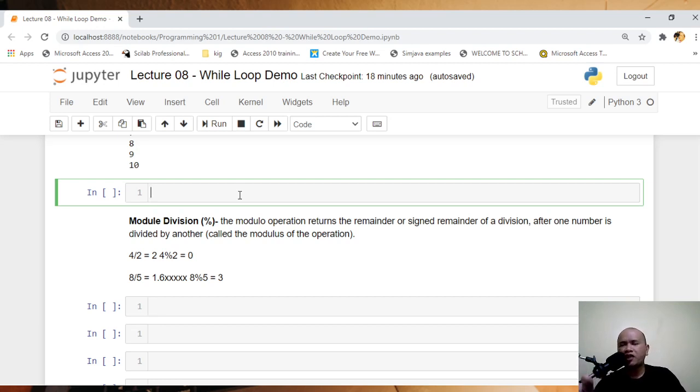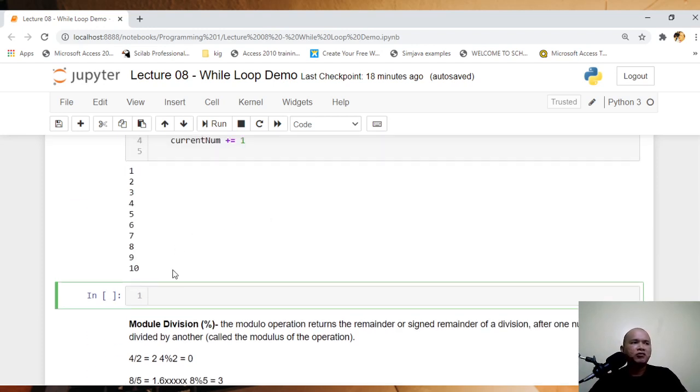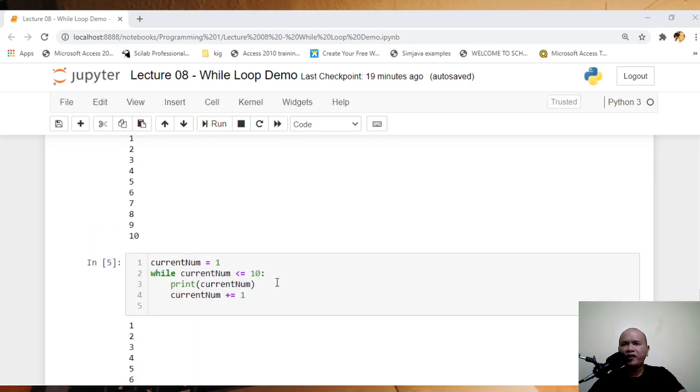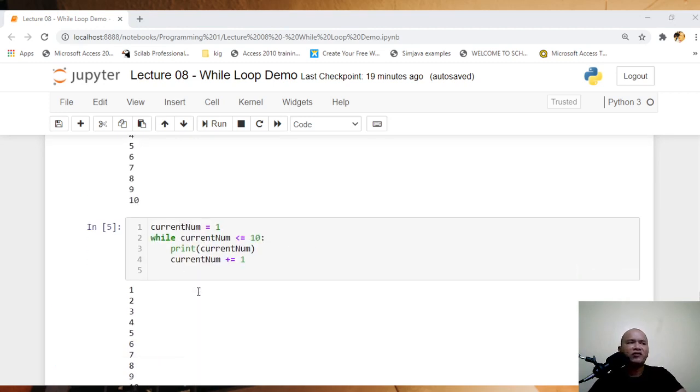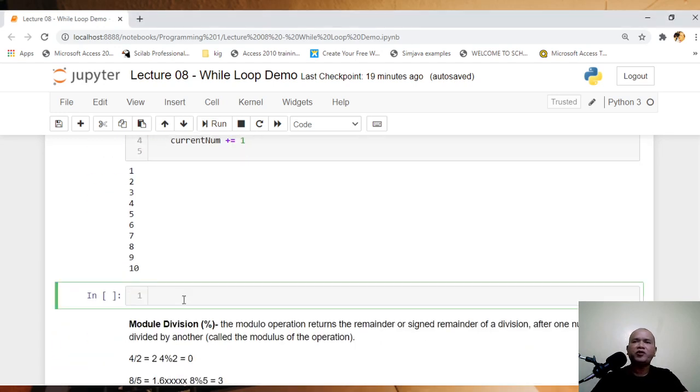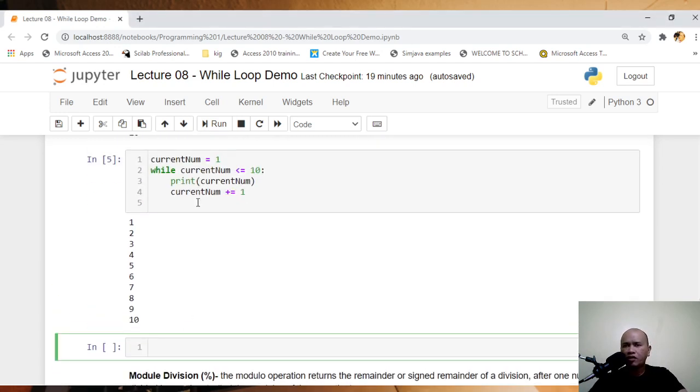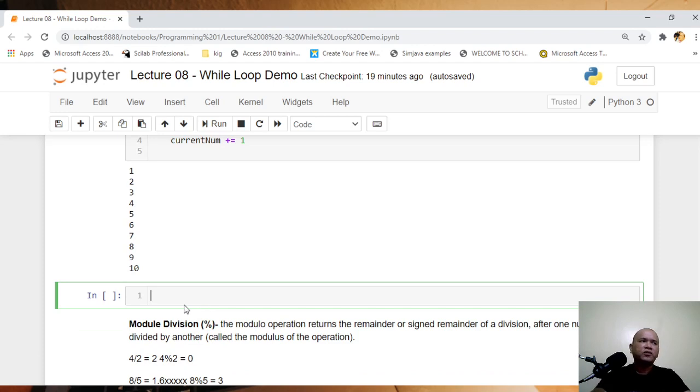In this particular scenario, using the same output, if you want to modify this one so that we can maximize the use of the while loop, let me give you an example. What the while loop can do that the for loop cannot do is